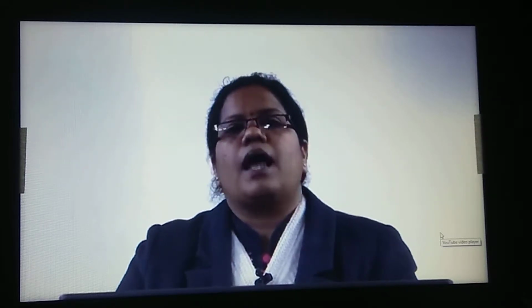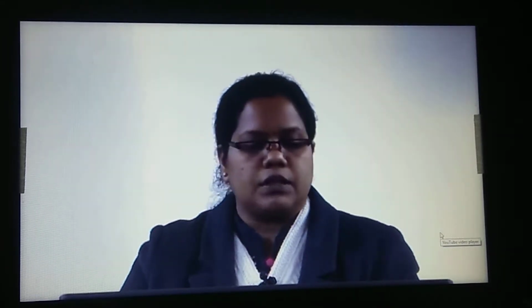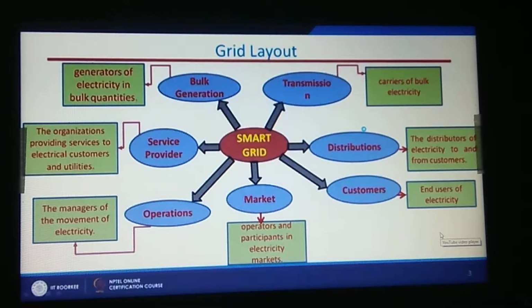In this case, we also have wind generation and solar generation systems. And the major role of this bulk generation system is to generate the electricity in bulk quantities. And after this, the generated electricity or power is transferred to the transmission network and then the distribution network and then